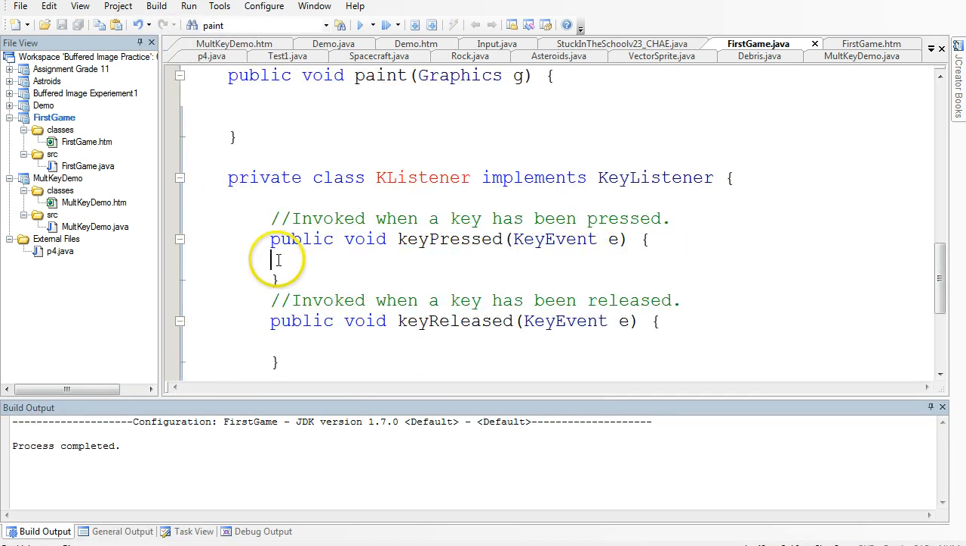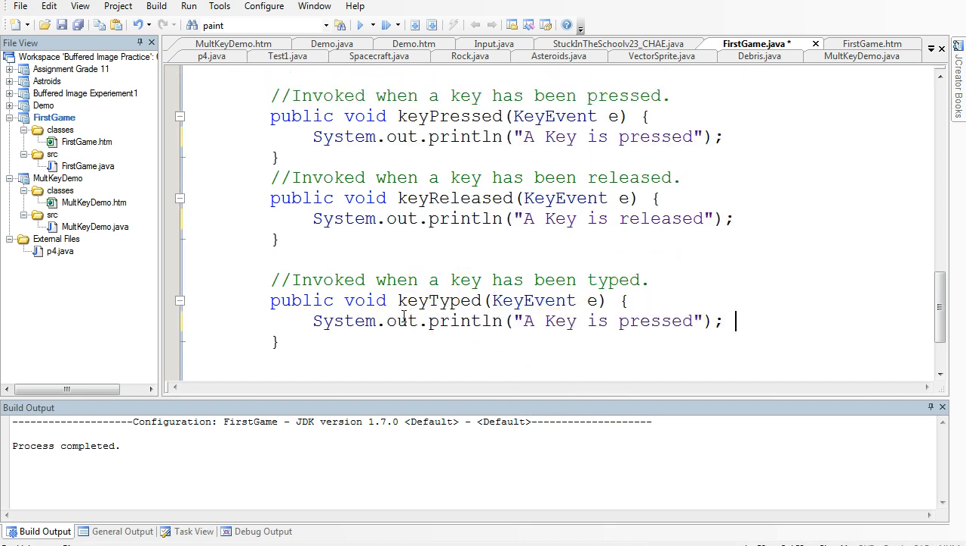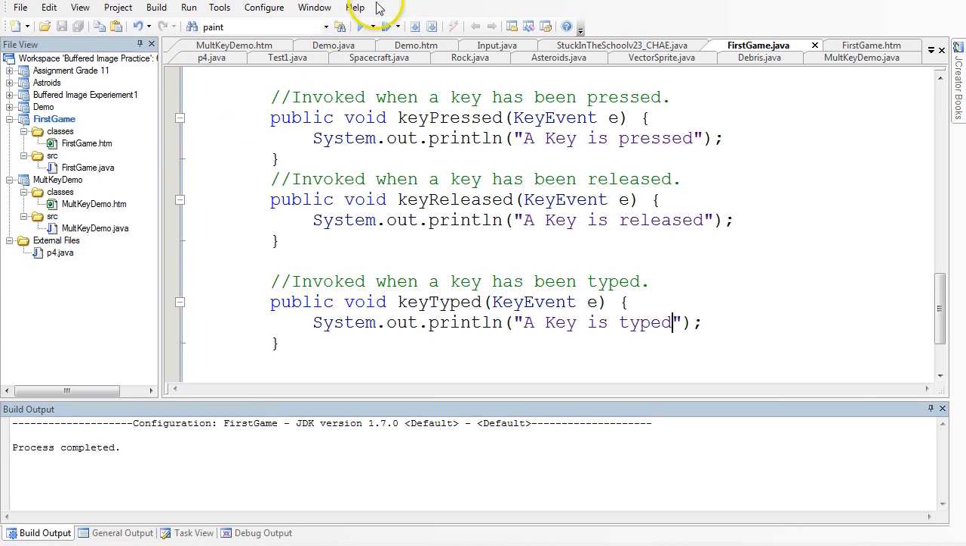And what I'm going to do is I'm going to come down here and just add some outputs to the screen. So I'm going to go system.out.println, the key is pressed. Here I'm going to do system.out.println, the key is released. And here I'm going to have a key is typed. So if I build this file now, and I run this,